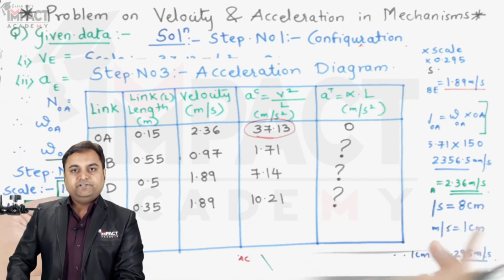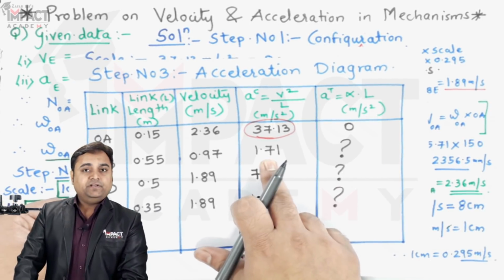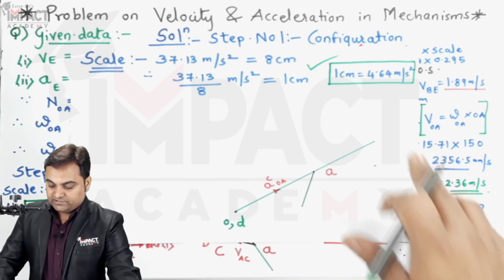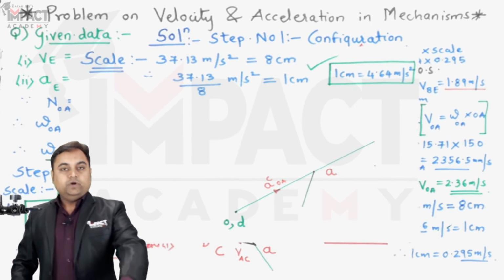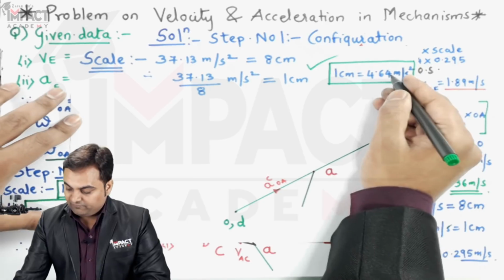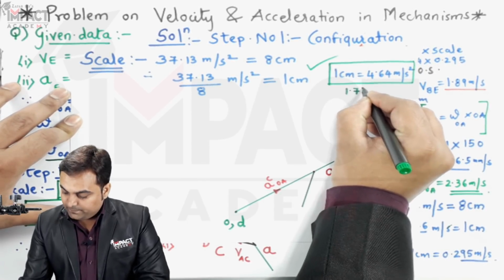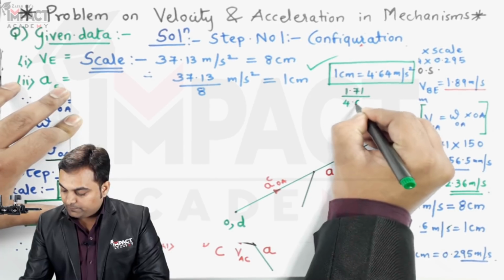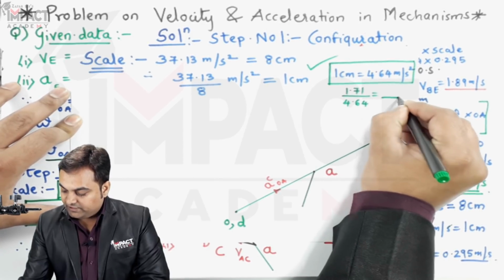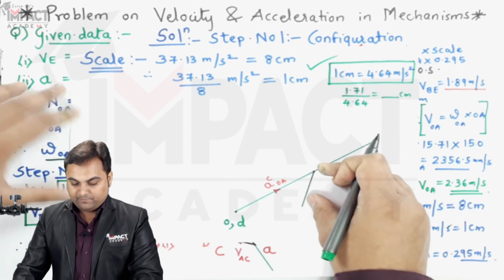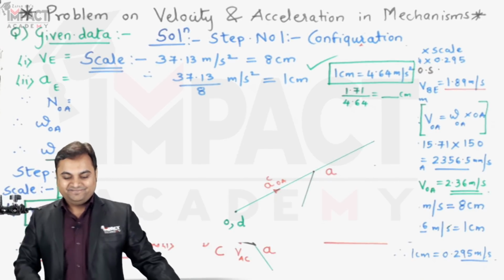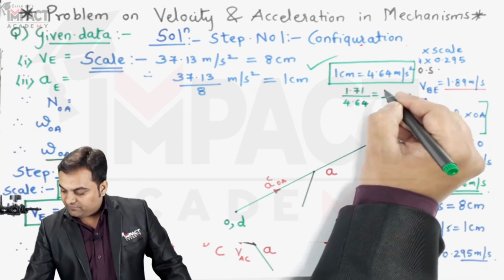Now how to fit it into the scale, because 1.71 is in terms of meter per second square, and the scale is 4.64. So 1.71 would be divided by 4.64. I'll just show here: 1.71 divided by 4.64, and it will give me the value in terms of centimeter, which would be marked over this. It comes out to be 0.37